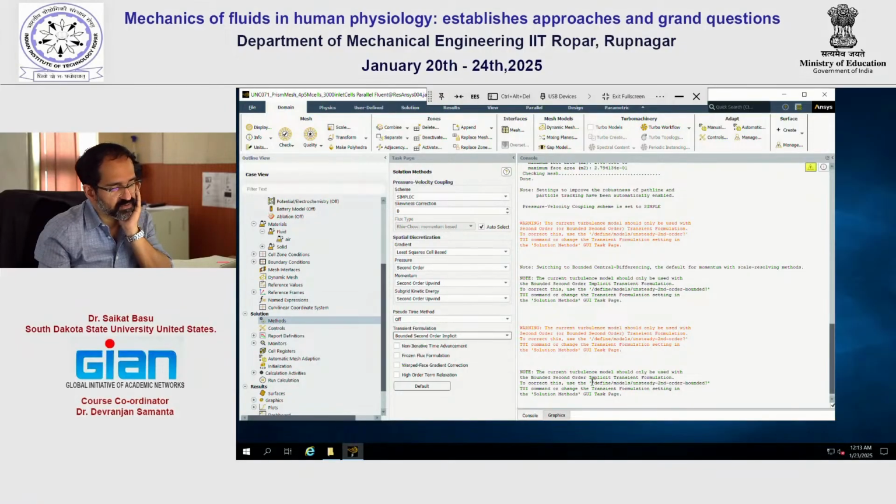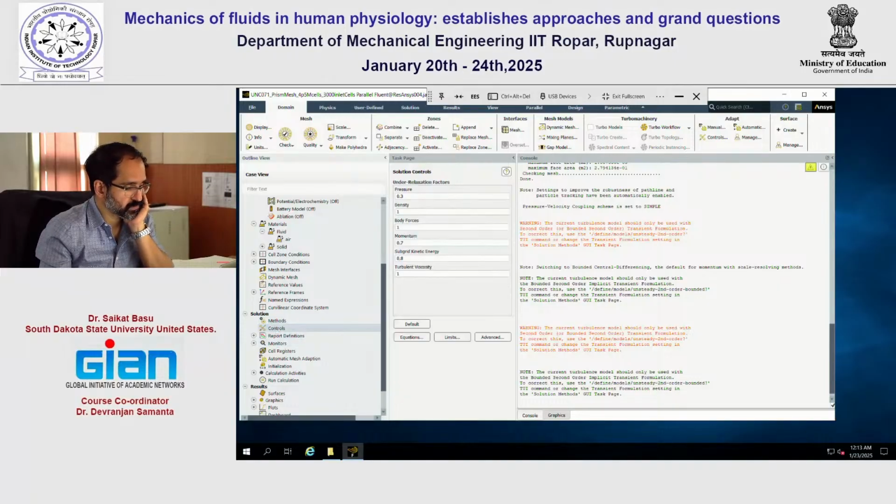And in fact, now with the more recent versions of ANSYS, they also give a warning like this here. The current turbulence model should only be used with bounded second order implicit. Okay, so let's go to the controls. This is all fine, but for example, if you have heat transfer going on in the system as well, then from this equations menu you can pick the thermal equations as well. Let's go to the monitors